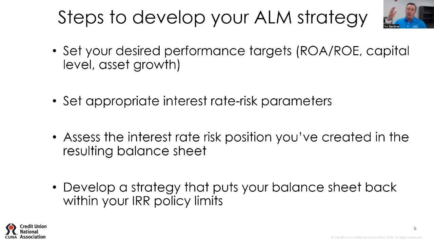Maybe your credit union bought a lot of investments that have a lot of interest rate risk in them, especially if interest rates have gone up dramatically. So it could be that the strategy is just to not buy any more investments until those mature or pay down or whatever the case may be, even though we realize that's going to take 4 years, 5 years, maybe it's 6 years. Okay, so now we got to manage that piece of it. So that's kind of the process. And again, from a really high level, those are general bullet points,